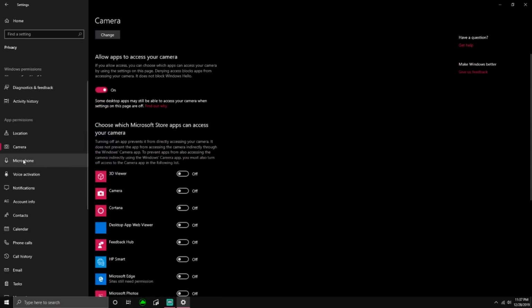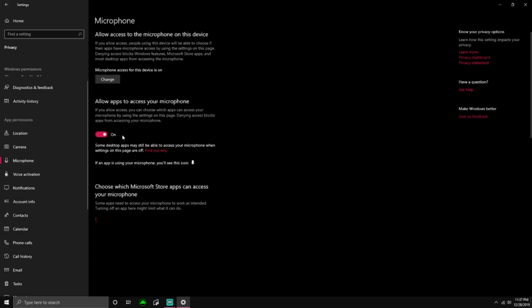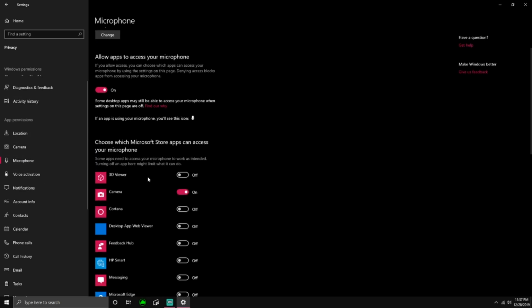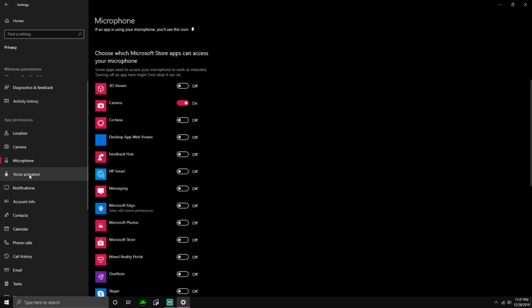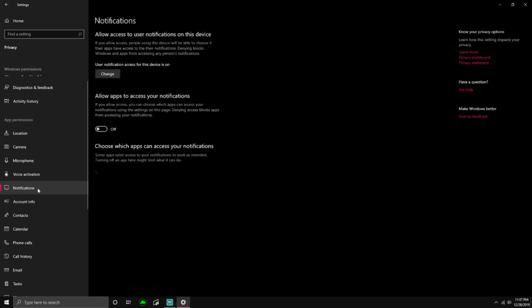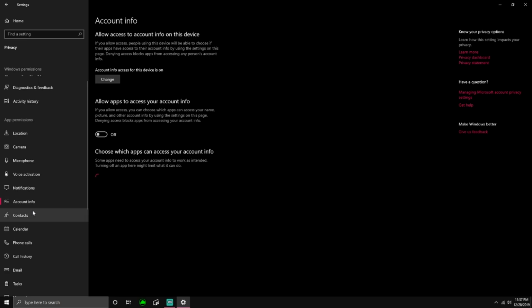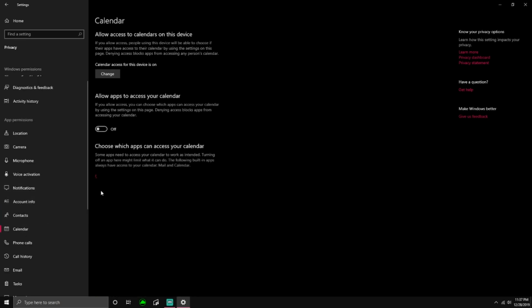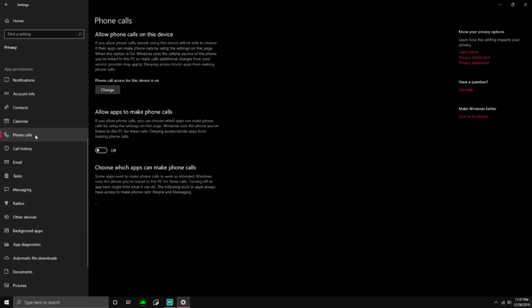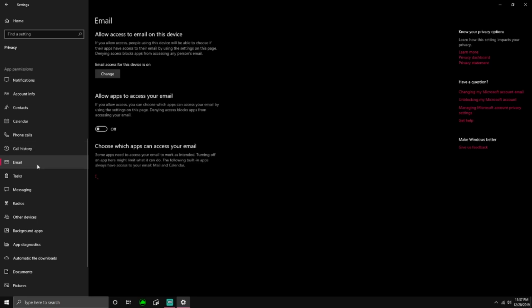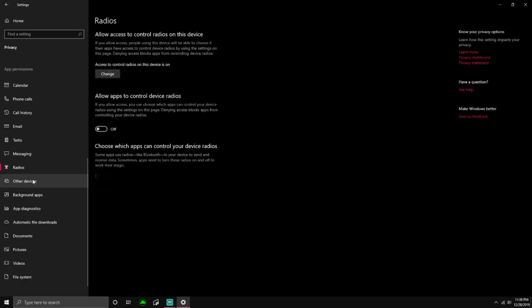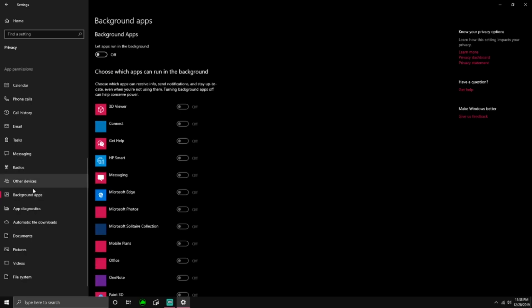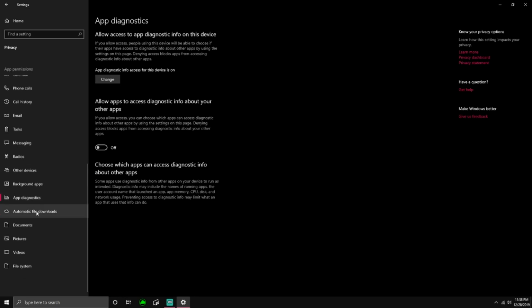But if you're not using a webcam, you can turn the camera off. I need the microphone, so I leave that on. If you're not using a microphone, you can turn that off. Voice activation off, notifications off, account info off, contacts off, calendar off, phone calls off. Make sure everything's off. Email off, call history off, tasks off, messaging off, radios off, other devices off, then the background apps off, app diagnostics off,